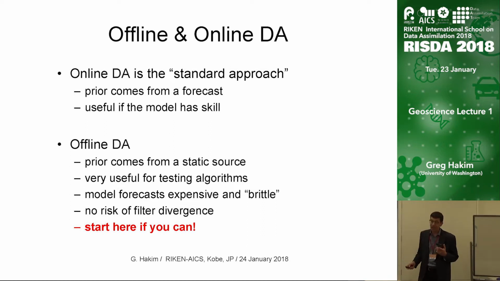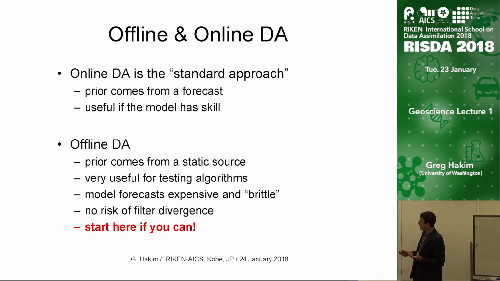One of the main reasons I got into this is I found that my students were getting hung up and burned out on trying to get models, which are often brittle, through this step. So let's face it, when we're doing data assimilation in a sequential fashion, not necessarily in 4D VAR with the strong model constraint, we're often taking the model off its attractor, right? These measurements are pulling the model somewhere else where it doesn't want to be, and then it will often gracefully come back down onto its attractor, but sometimes not, right? And so you can get into a lot of frustration trying to deal with that problem.